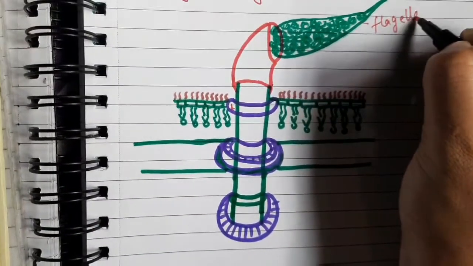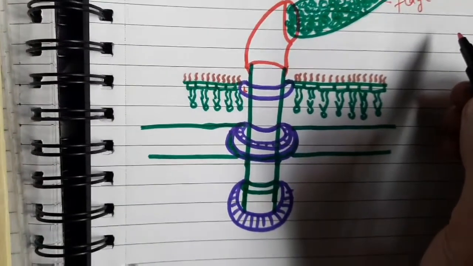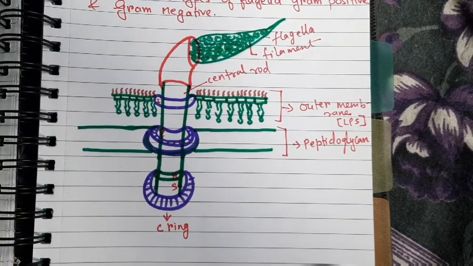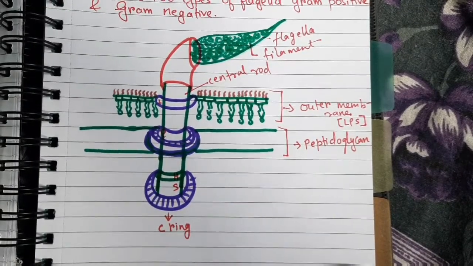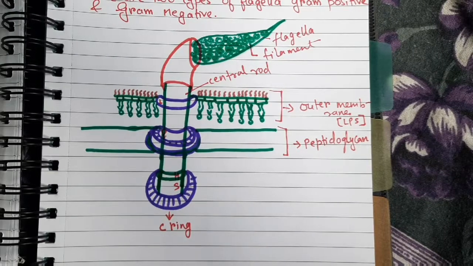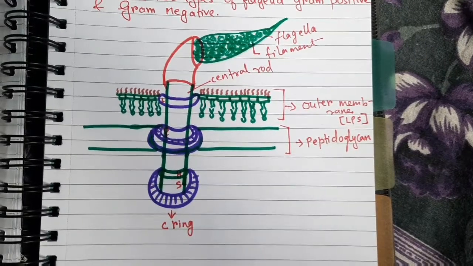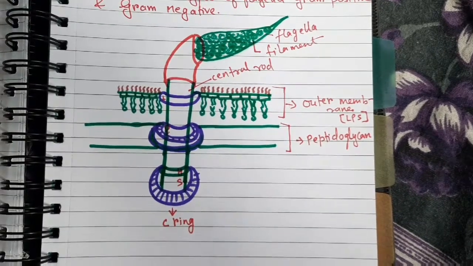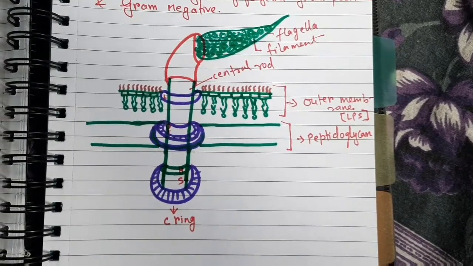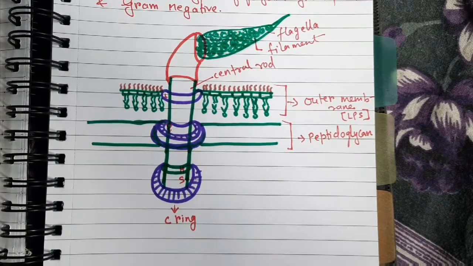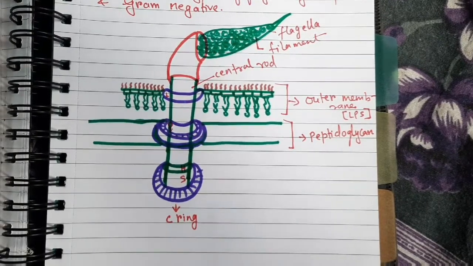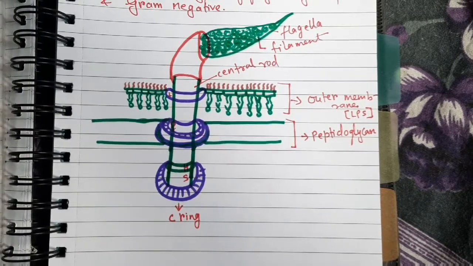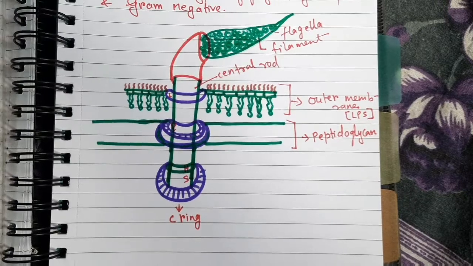Flagella are filamentous protein structures attached to the cell. As given in the diagram, you can see the flagella and the filament above. Flagella are filamentous protein structures attached to the cell surface that provide the swimming movement for most motile prokaryotes. Prokaryotic flagella are much thinner than eukaryotic flagella and they lack the typical 9+2 arrangement of microtubules. The diameter of the prokaryotic flagellum, as I mentioned above, is 20 nanometers.